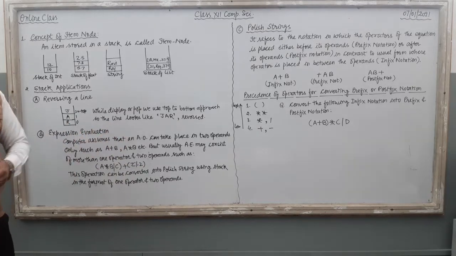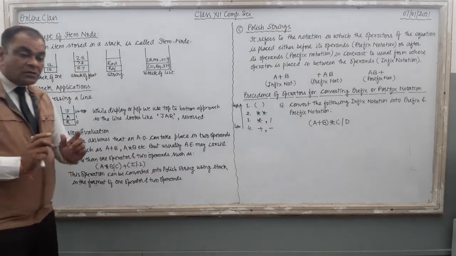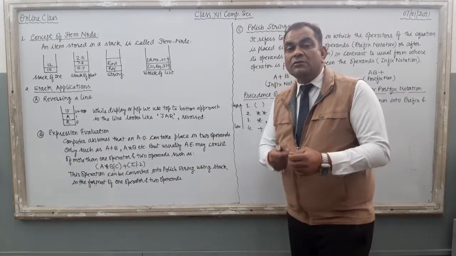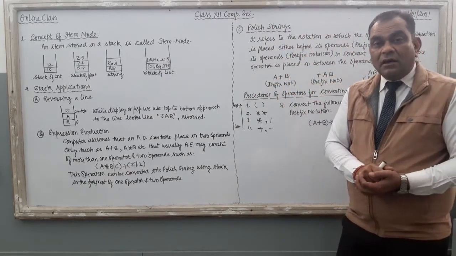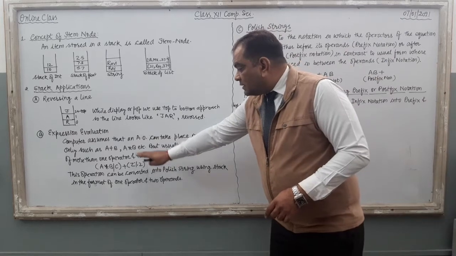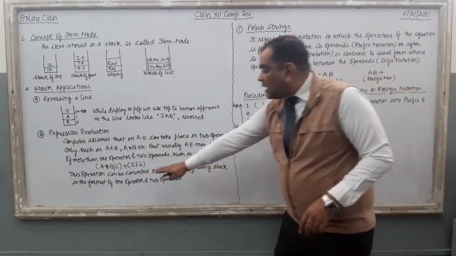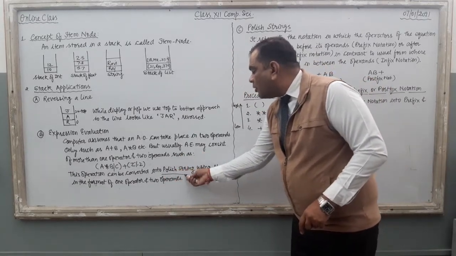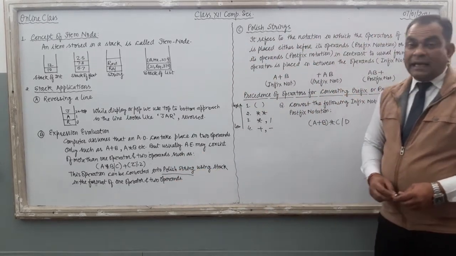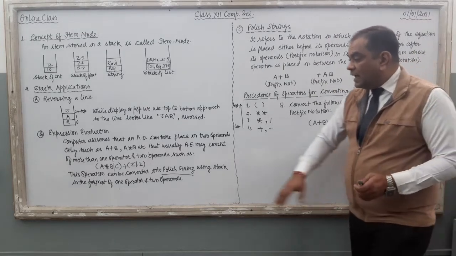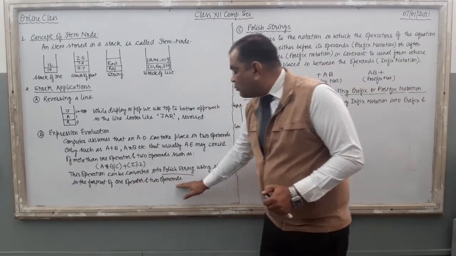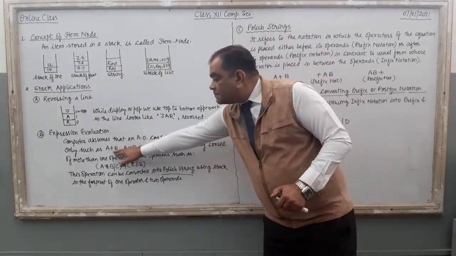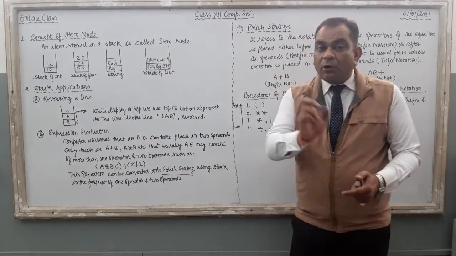Multiple operands are there, multiple operators are there. Now somehow our computer is confused over here about how it is going to solve the equation, how it is going to produce the result of this equation. For that, this arithmetical operation can be converted into polish string. This is the new word, polish string, using the stack implementation method in the format of one operator and two operands. Right? We convert this equation into the computer's specific equation by using polish string.